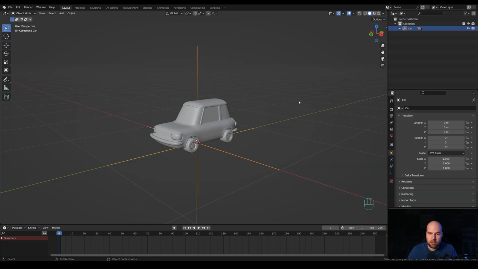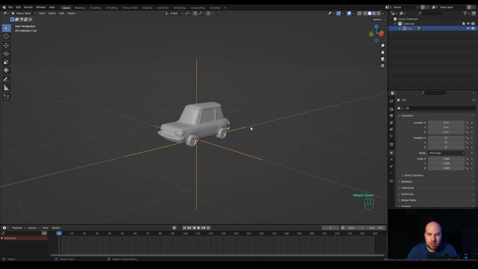Now let's jump right into Blender, and as you can see, this is not an empty scene because you will need to download this one. You will find the link in the description. Just download the scene, unzip it somewhere, and then open it up and you should see exactly what I see right here. And it's a simple low poly car model with some subdivision modifier, and if we did this from scratch, this video would be definitely too long, so I wanted to provide this for you so we can jump right into animation, because that's what this is all about. So yeah, just grab the file, open it up, and now we can just start building our environment and our